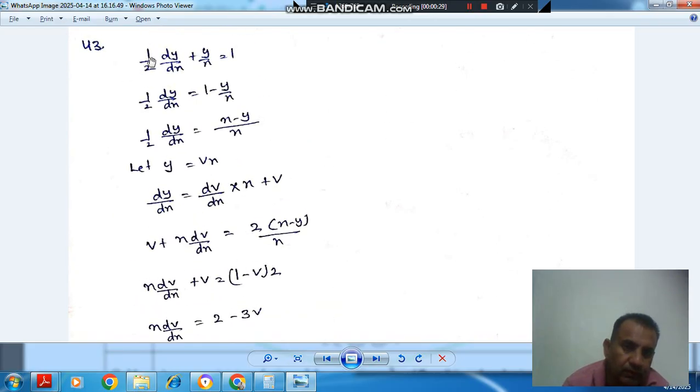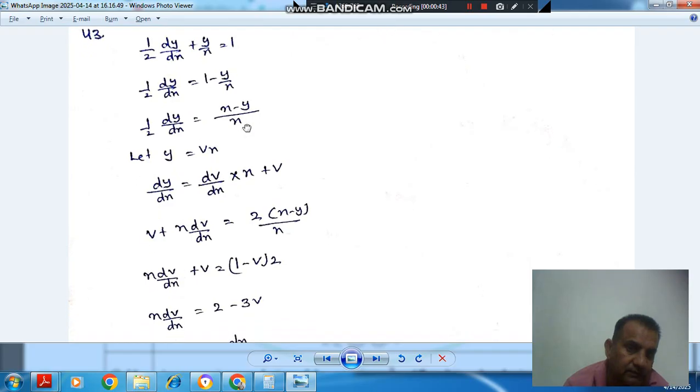The given equation is (1/2) dy/dx + y/x = 1. Or we can write it as (1/2) dy/dx = 1 - y/x, or this further can be written as (1/2) dy/dx = (x - y)/x. So now if we assume that y is equal to vx, then